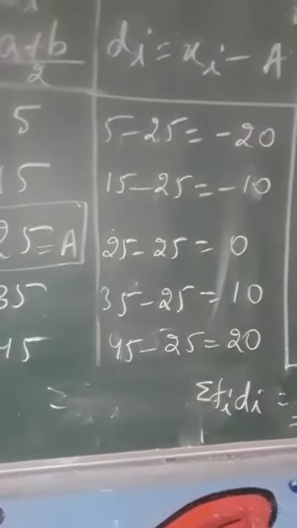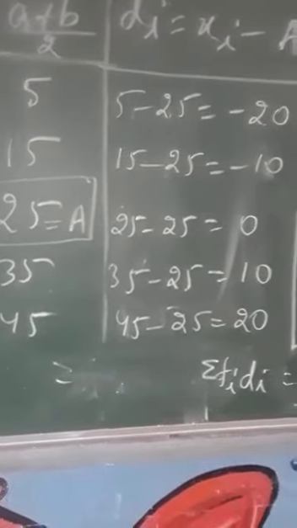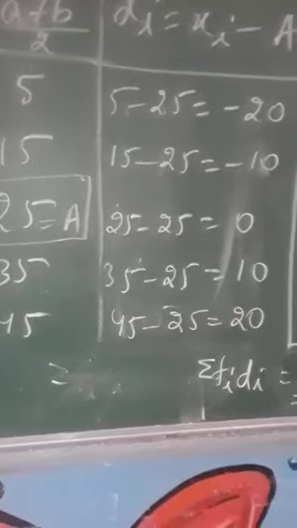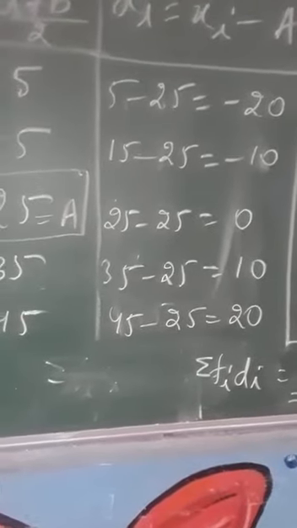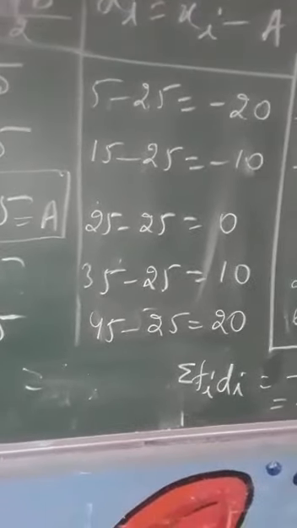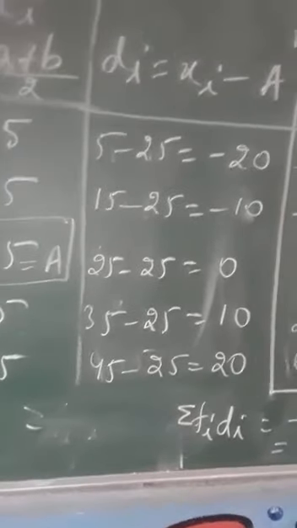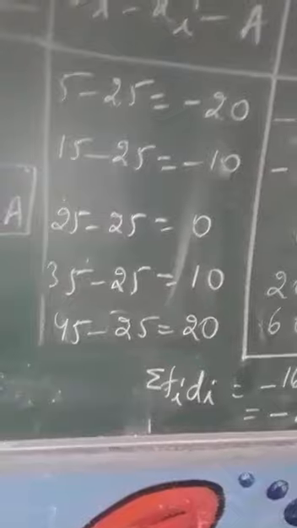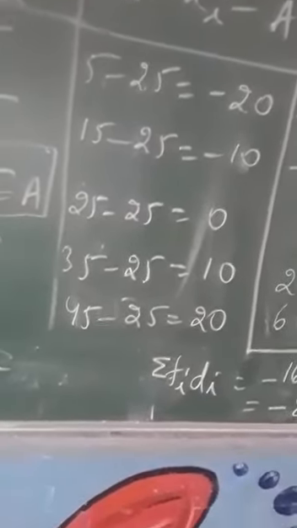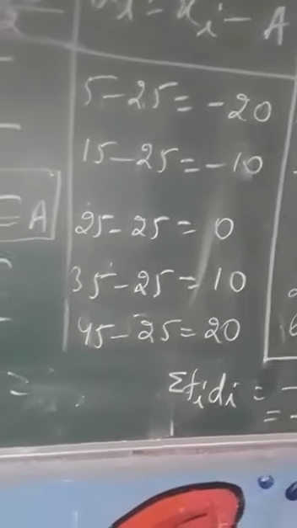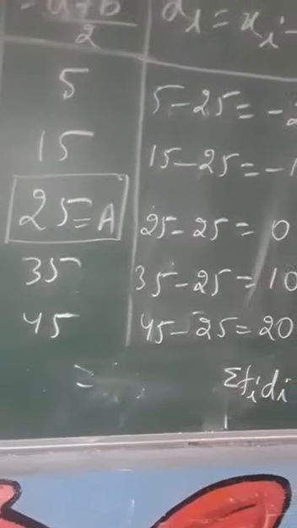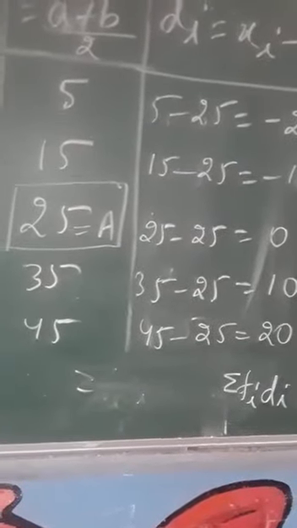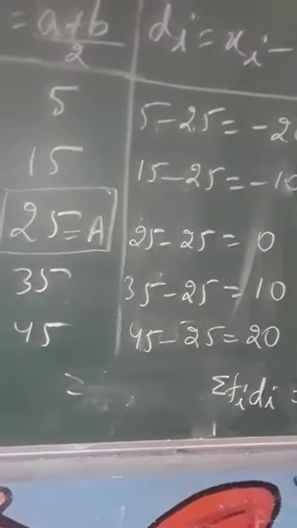Similarly, we can obtain the corresponding di's. The second term is 15 minus 25, that is equals to minus 10. Then the difference of 25 and 25 is equals to 0. Then the difference of 35 and 25 is equals to 10. Then we have to find out the difference of 45 and 25. It will be equals to 20. Now, after obtaining all the di,